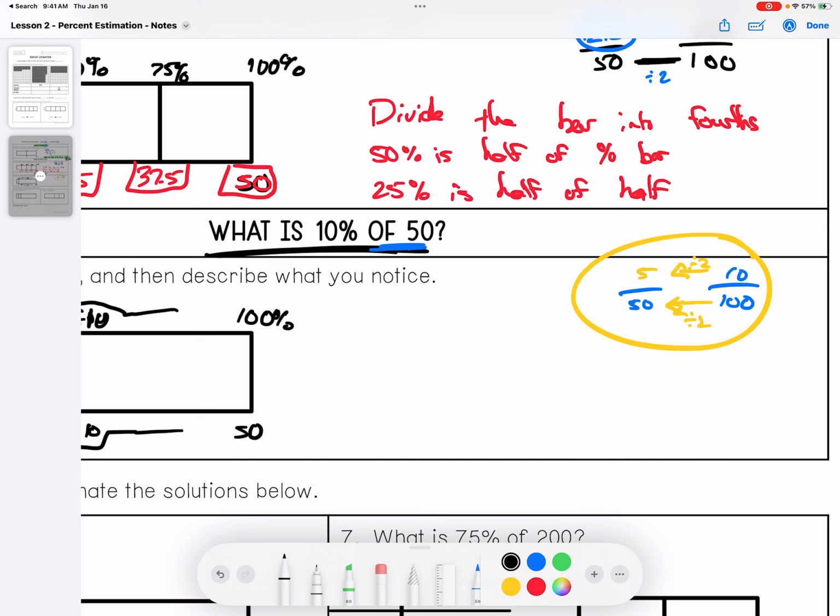All right, here's what we need to write down. 10% is 1/10 of 100%. So you can move